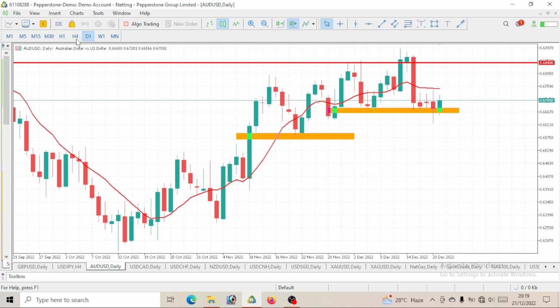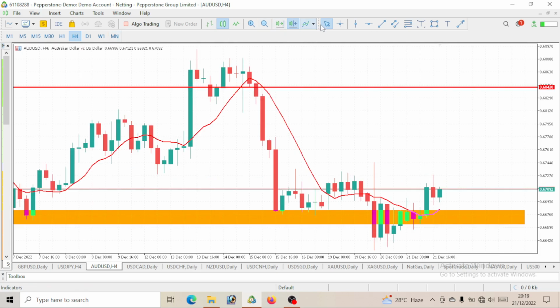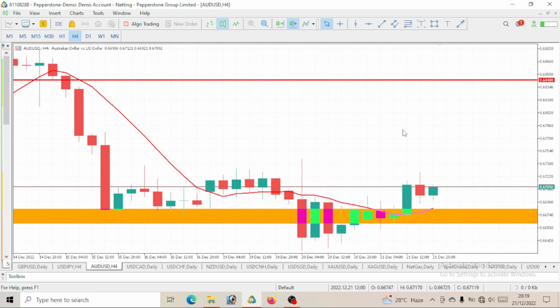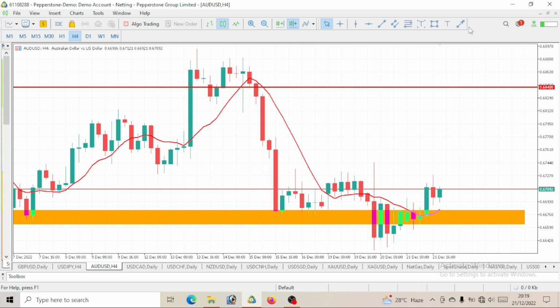Now let's take a look at what the 4-hour time frame says. I think we are having an uptrend move on the 4-hour time frame. This will be an impulse move, then here will be a correction, then a new impulse move. Then we should consider this to be a pullback or a correction. After that, we should expect a new high.